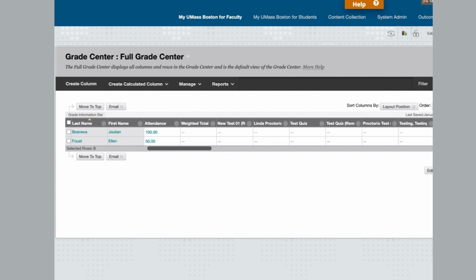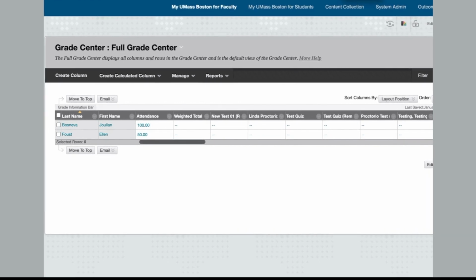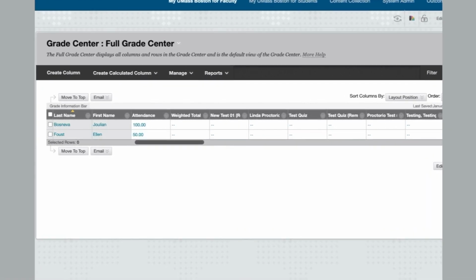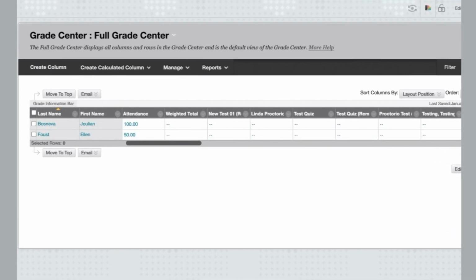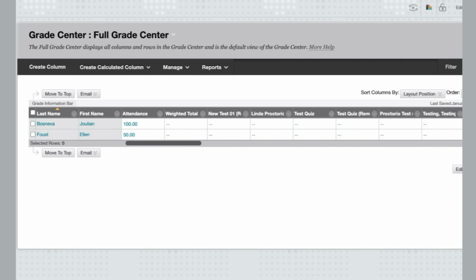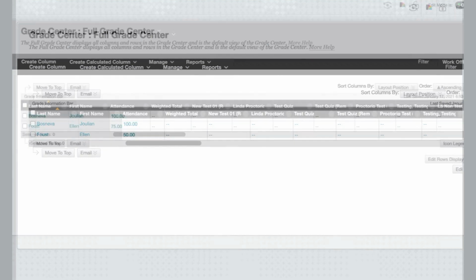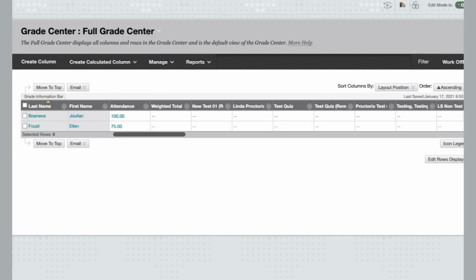Next, let's visit the Grade Center. See how the 2 students have a different grade. The grade is based on 100 points and changes throughout the semester as the student's cumulative score in the attendance tool changes. 100 points for attendance may seem like a lot, but it doesn't matter if you are using a weighted total to calculate your student's final grade. The next 2 slides show how the second student's grade improves as she attends the entire next 2 sessions.